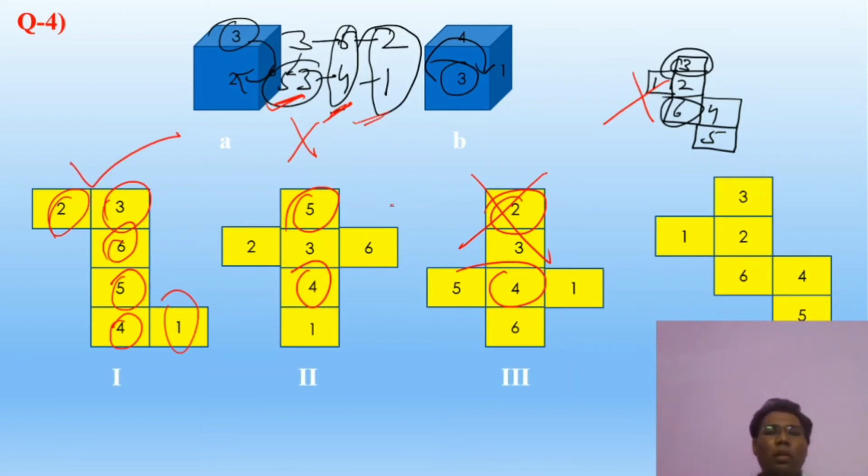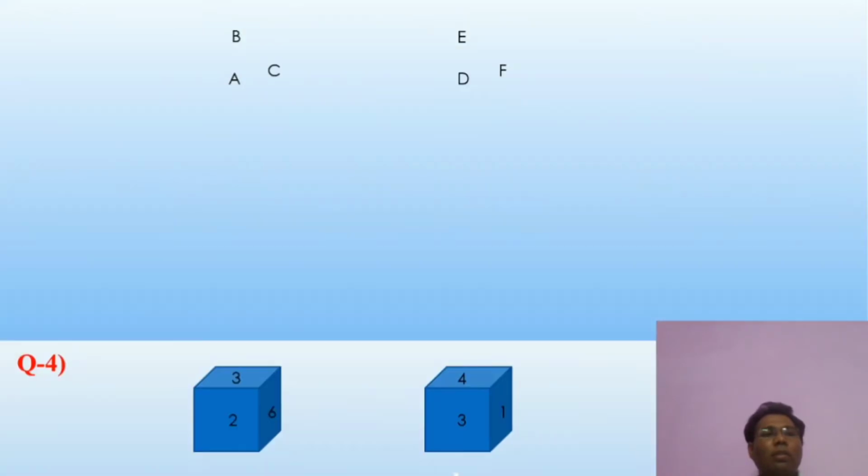If you check in the examination, you can directly check these three. You can even mark this as the answer without checking the rest, to save your time, because you have already checked the 3, and if you are getting the first option as the answer, mark this and move on to the next one, because there is no need to waste your time, since one answer is correct and you got it at the very first attempt. So let's check the answer. Answer is 1.